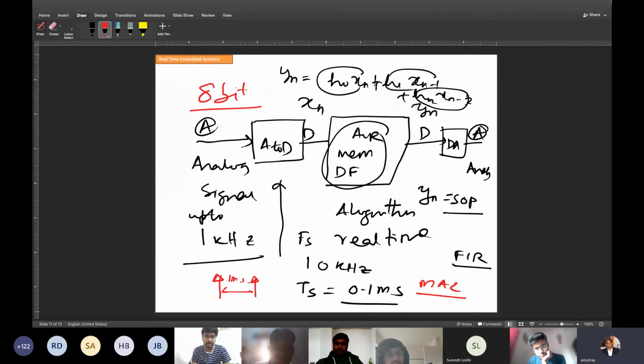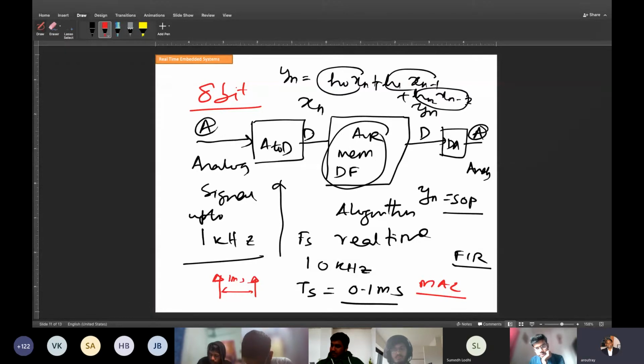Raghavendra De? Yes, sir. 8-bit. What do you mean by an 8-bit processor? An 8-bit processor means the arithmetic logic unit and the computation are at 8 bits. Please write down: when I say 8-bit processor, the computation is at 8 bits. That means the arithmetic logic unit, which does addition, subtraction, multiplication, etc., can handle 8 bits at a time.